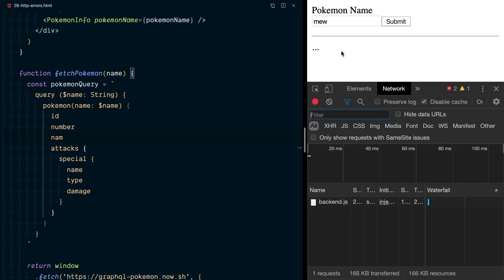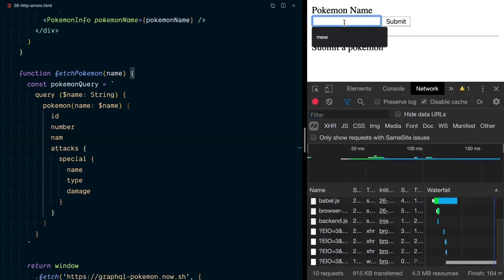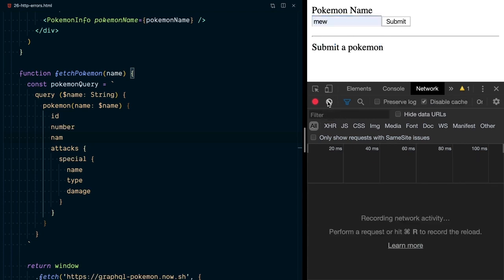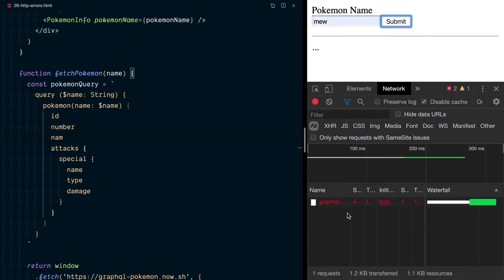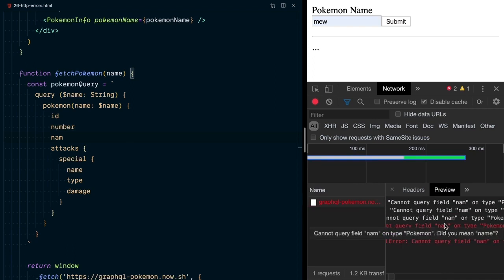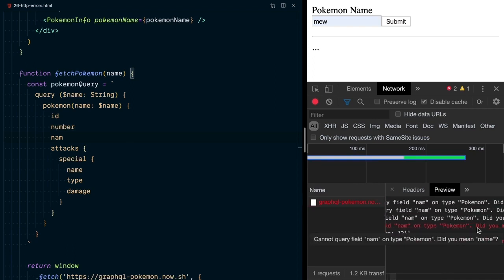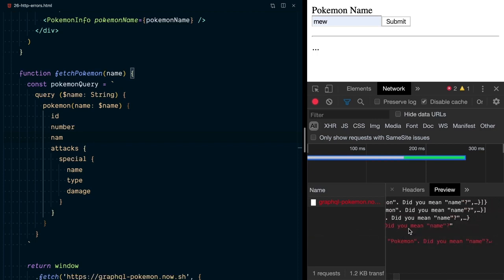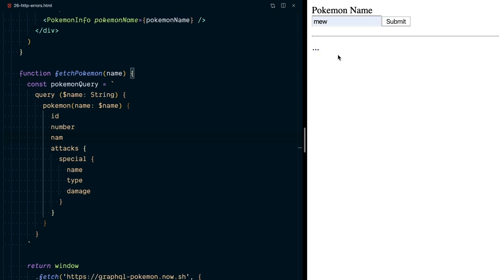Let's see what's going on here in our developer tools. I'll go ahead and refresh. We'll type mu again. Let's clear out our network tab, and then we hit submit. And we're going to get a network error indicating that we cannot query field nam on type Pokemon. And it gives a suggestion for did you mean name. But the specific error is beside the point. We just need to show the user something a little bit more useful than leaving them in a loading state